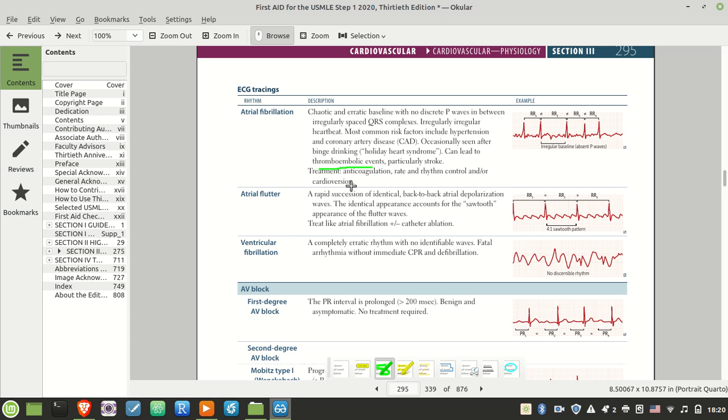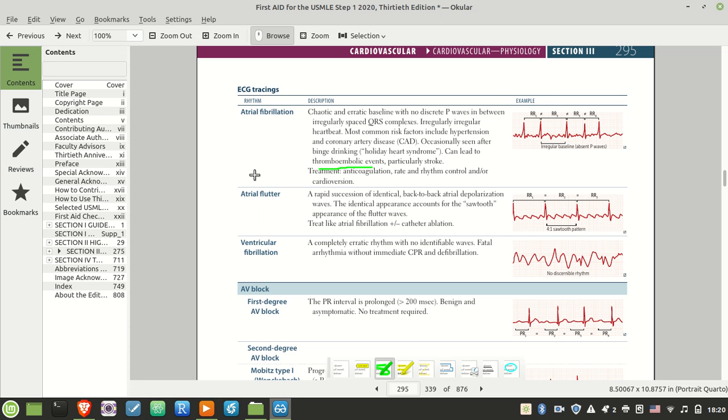And when you're cardioverted, if you're in AFib and you're predisposed to strokes, if all of a sudden you get shocked into a normal rhythm, there's always the very real possibility that you've built up a clot, and now that you're pumping normally, that clot's just going to get pumped to your brain. So what you actually have to do, and this isn't a Step 1 question, this is just bonus info,